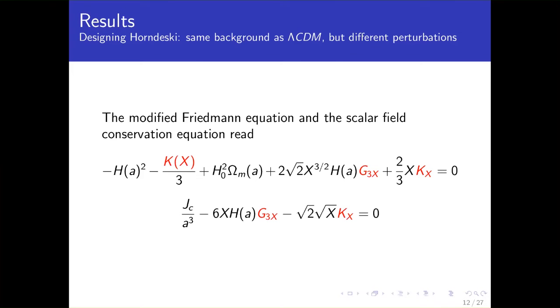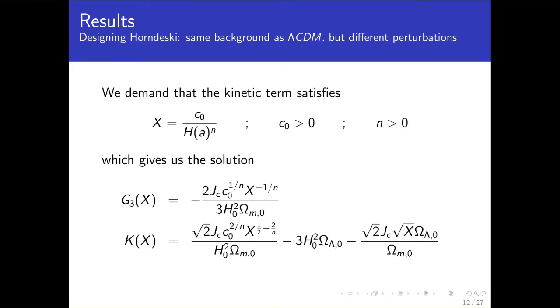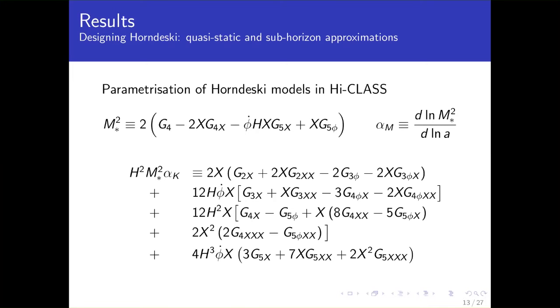And we can also have, from the modified Friedmann equation and the scalar field equation, these equations here that allow us to solve for a specific form of these models, and we find this. Okay, so by having these particular functional forms, we can implement this in hi_class, for example. Thus, it is a code that solves the perturbations for the Horndeski theories, right? Without using any subhorizon or quasi-static approximations. This code